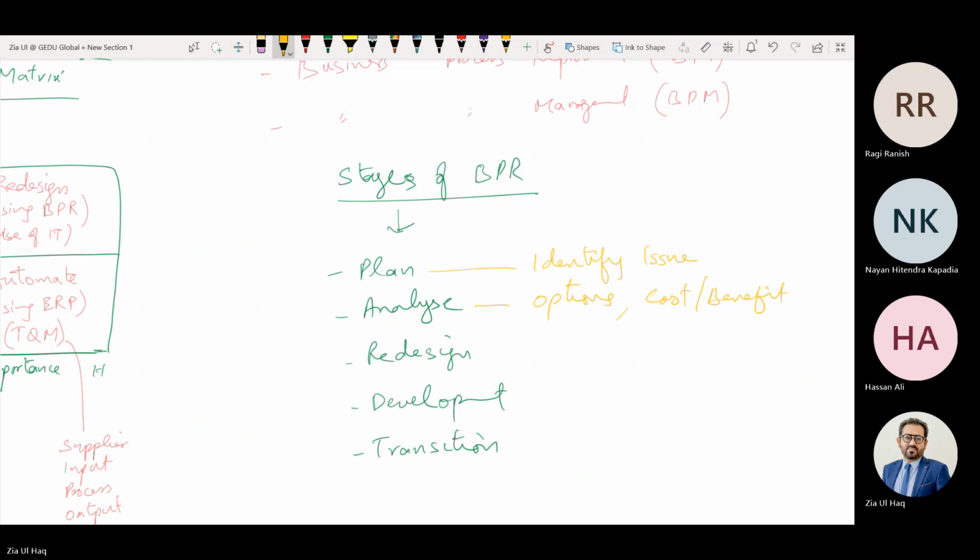Select one. And the one you have selected, redesign. Redesign means perform some paperwork: how we can implement, what time it will require, who will implement, what are the stages of implementation, and then move towards development. Development means installation of system,